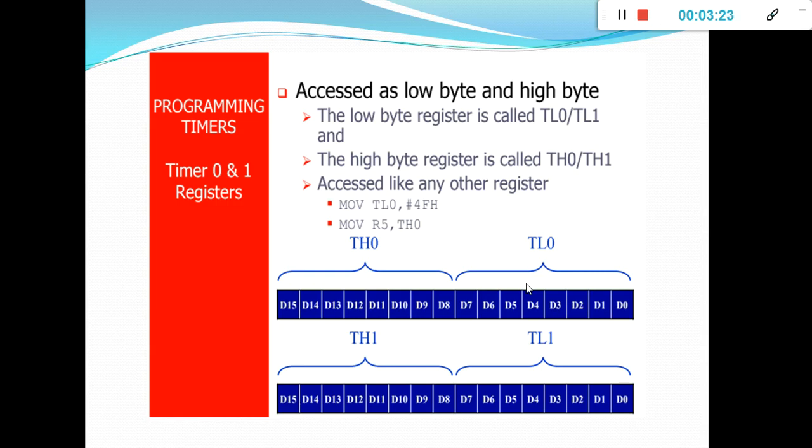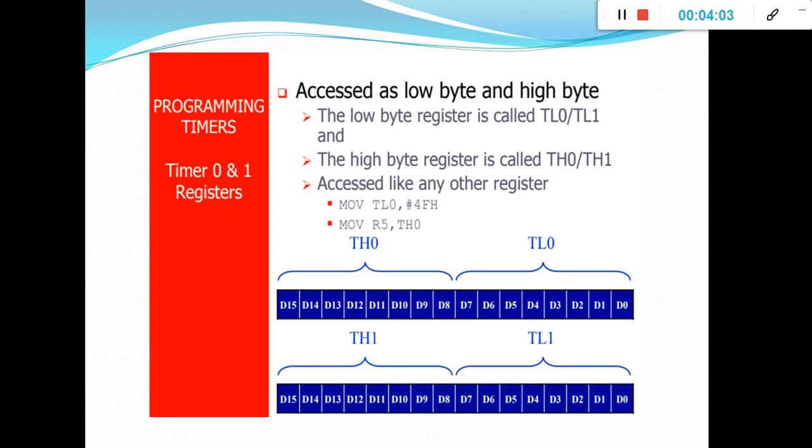Here you can see the structure. This is for timer 0 and this is for timer 1. Timer 0 is 16-bit in size, so it is denoted from D0 to D15, totally 16 bits. The same for timer 1, which is also a 16-bit timer, denoted D0, D1 up to D15, totally 16 bits. The entire 16 bits cannot be used in an 8-bit microcontroller because the size of the microcontroller is only 8-bit. So you can't use the entire data present in a 16-bit timer in the 8-bit 8051.